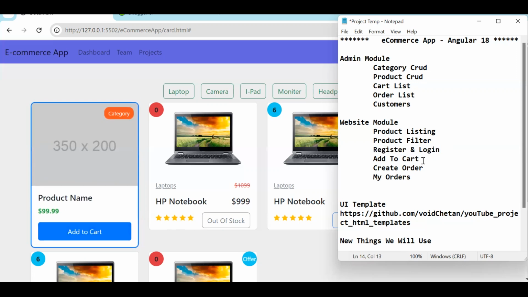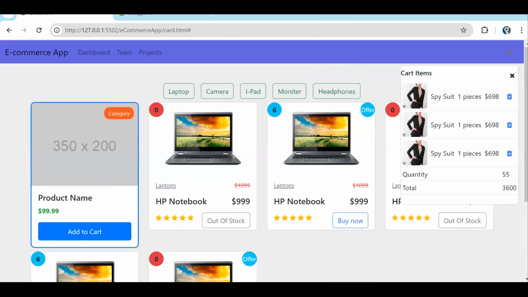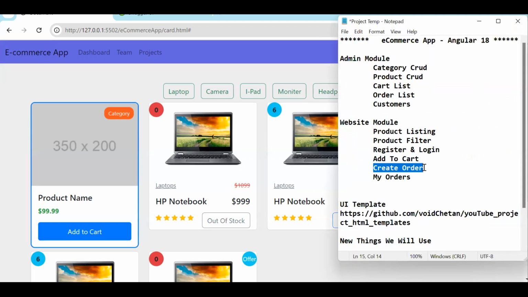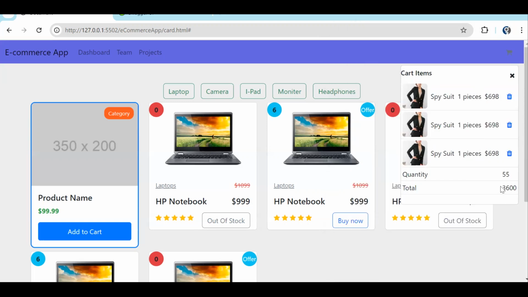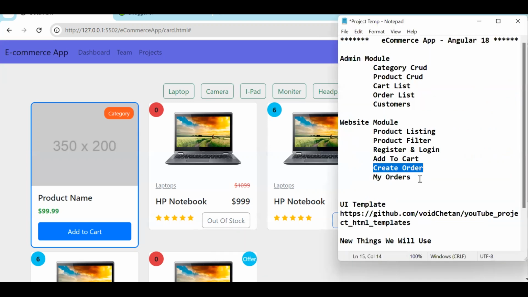Correct. Then once he adds to cart, on the nav bar you will have something pop up where you will be showing all the add to cart items, whatever products he has added to the cart, that cart will be visible over here. Then once he decides these are the items I want to go ahead with, we will have a place order button. So a checkout button. So checkout, create order, or we can call it checkout,